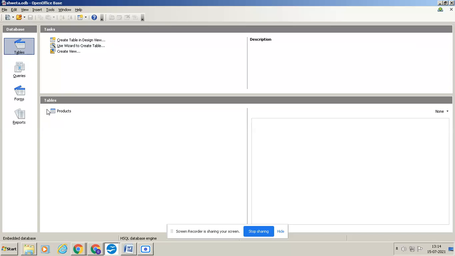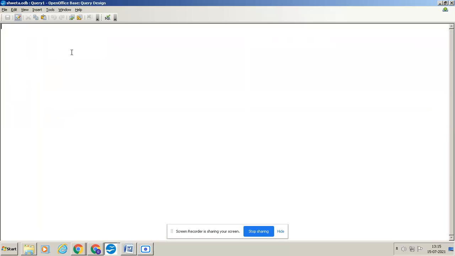You just have to write the queries. So to write queries, just click on queries. Click on create query in SQL view and start writing the query here. You can run only the select query here. If you want to run insert and others, you have to run that query in different options.